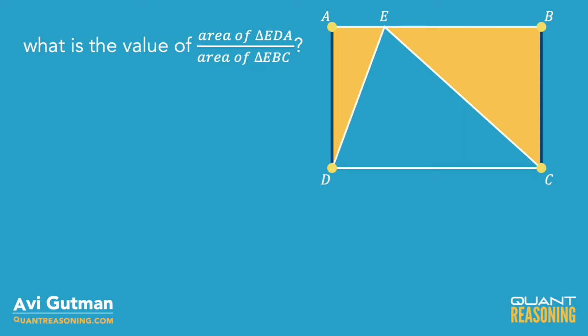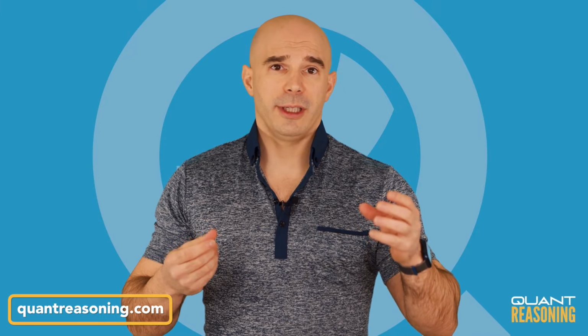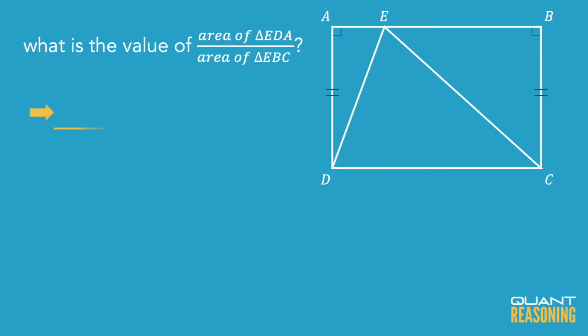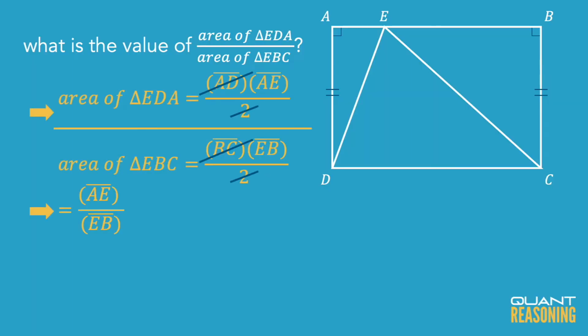So if we're going to build a ratio for these areas, we just have half of one product divided by half of the other product. The half and the half can get reduced, and also those side legs can get reduced since they're the same. So all we really need in order to find this ratio is just the ratio of AE to EB, and